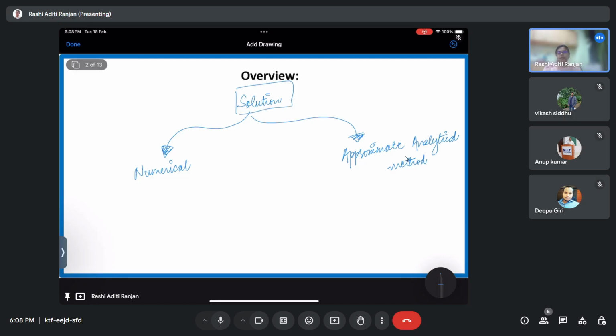Now coming on to the numerical methods, we have already done many questions, already discussed how to use ODEs of MATLAB in order to solve the nonlinear systems, and everything has been done nicely. So this week was all about the approximate analytical methods. We studied about certain approximate analytical methods in the last week as well. And this week we studied more methods, like the method of multiple scales. We studied about the method of averaging. We studied about the Krylov-Bogoliubov method, and all these methods are essential in order to find out the solution,